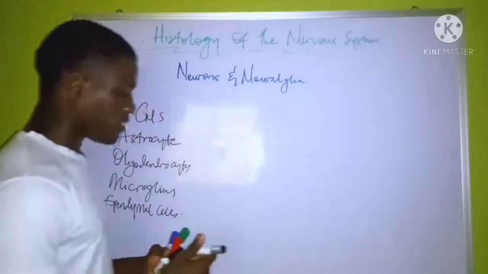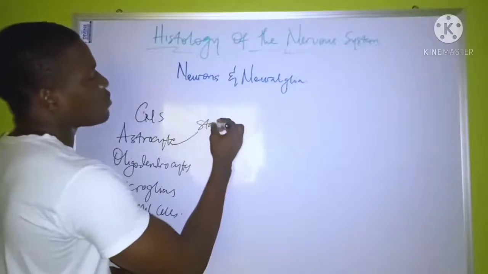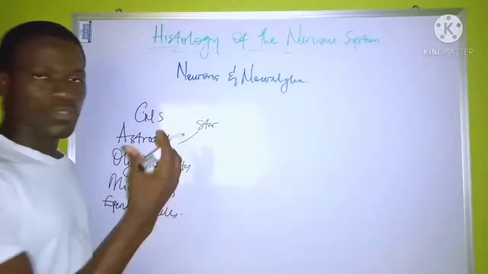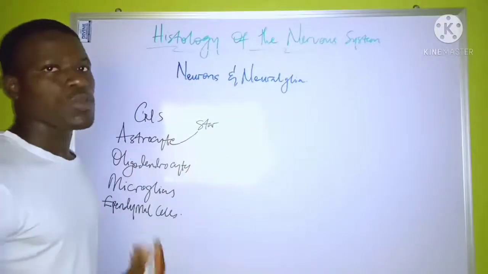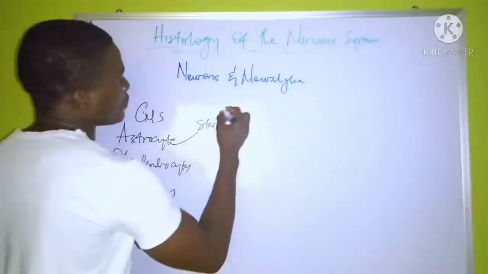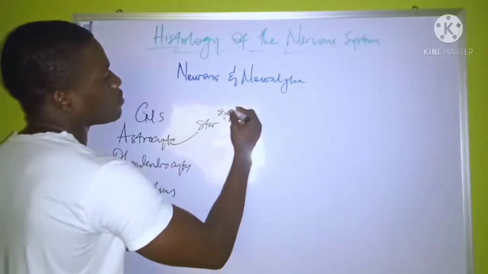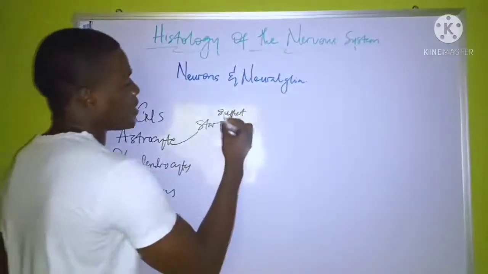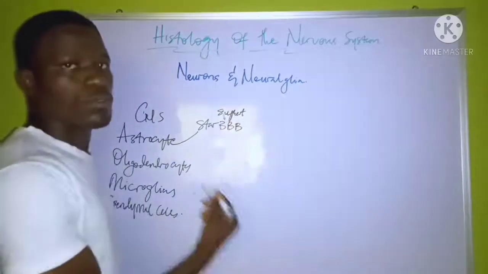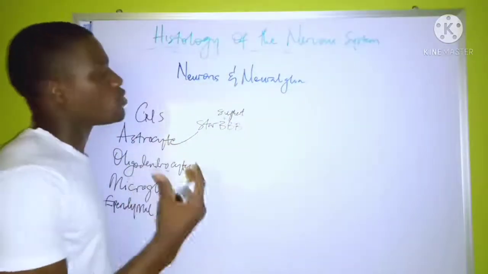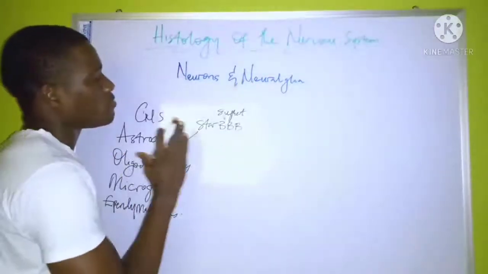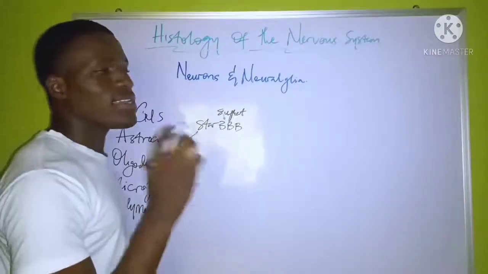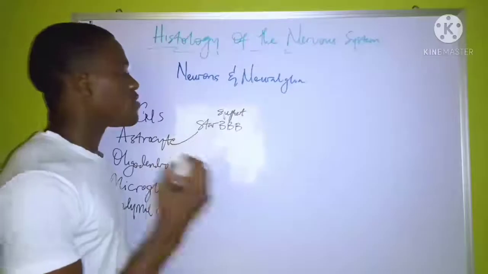Talking about the astrocyte now, the astrocytes are star-like structures found within the central nervous system, mainly within the brain or the spinal cord. They function in supporting the neurons. So the first function of the astrocytes is what? They support neurons, and they also form the blood-brain barrier, that is the BBB, which prevents the mixture of blood and brain fluid. Then the next function is to maintain